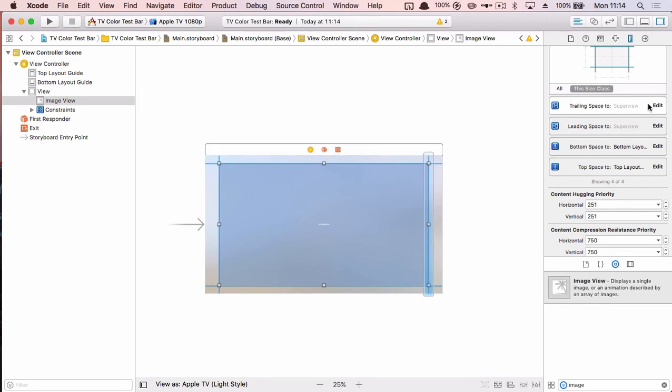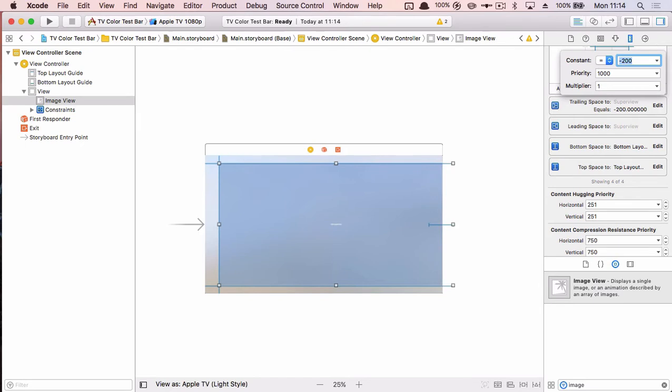So let's go through these one by one. Let's click Edit, and it tells you what the constraint is. Now, these constraints can also be negative. So I can put -20, press Enter, and you'll notice it moves across. I can even do -200, and it will move out of the screen. But that's very bad programming to get rid of margins, because margins can change from tvOS version to the new